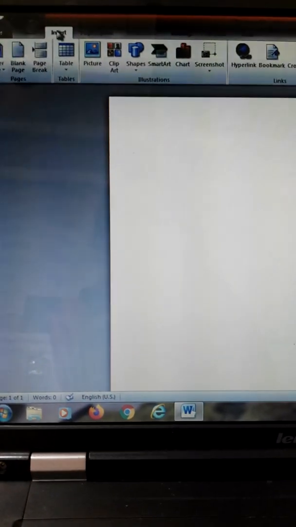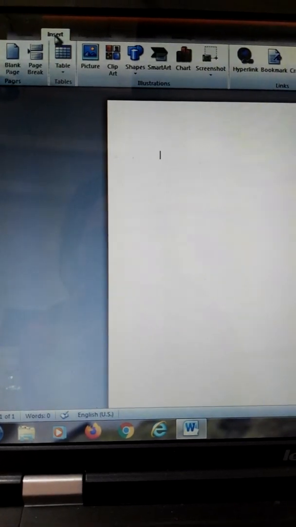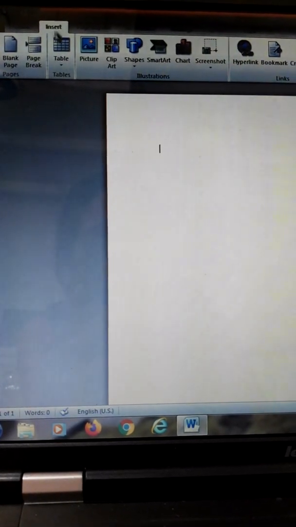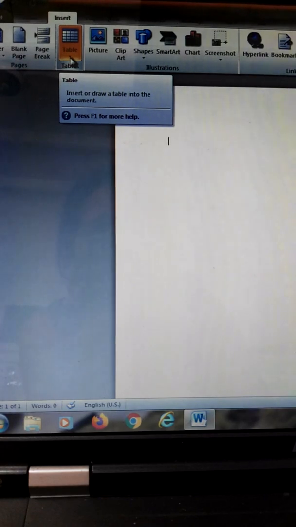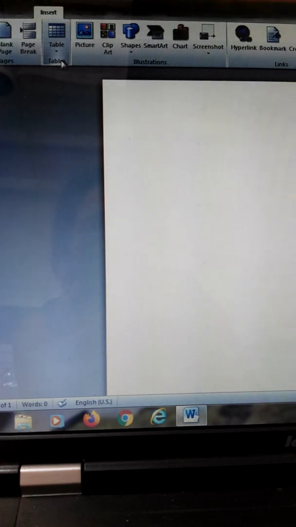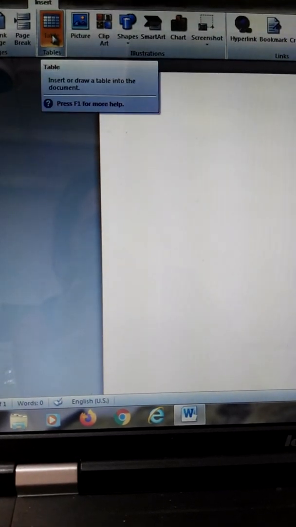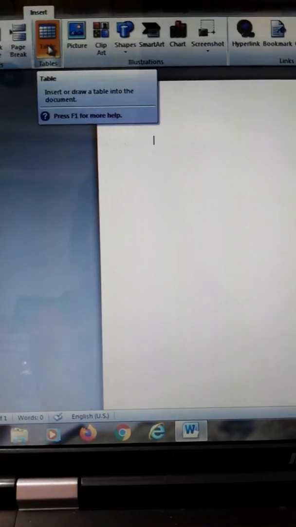Here you can see this. I have clicked on the insert tab and now I am going to choose the table option from the tables group. Here you can see this is the tables group and I am going to select the tables option.